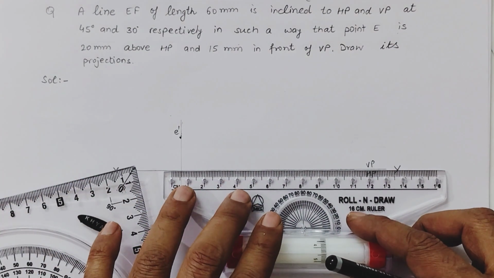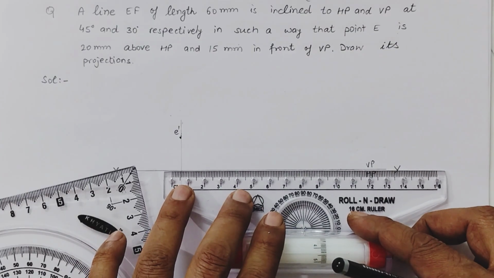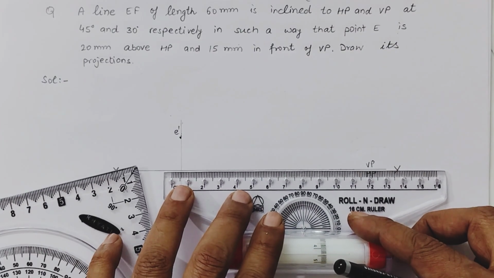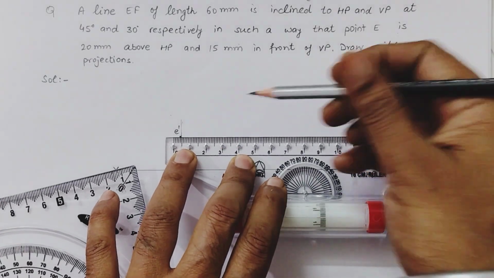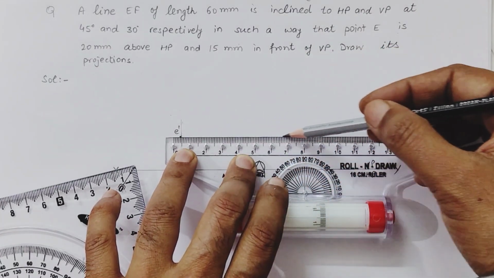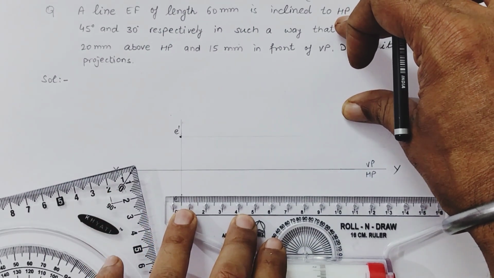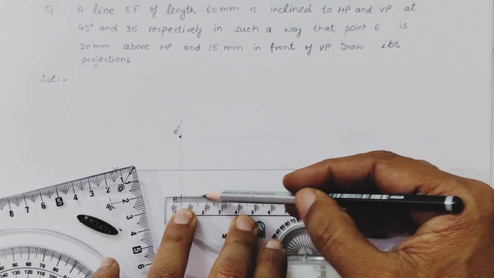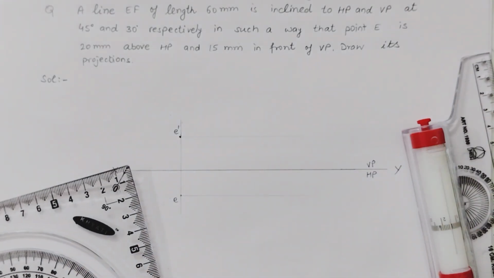So from here make this ruler parallel to axis, move like this. Here is a reference line and similarly here other reference line. Now we will mark